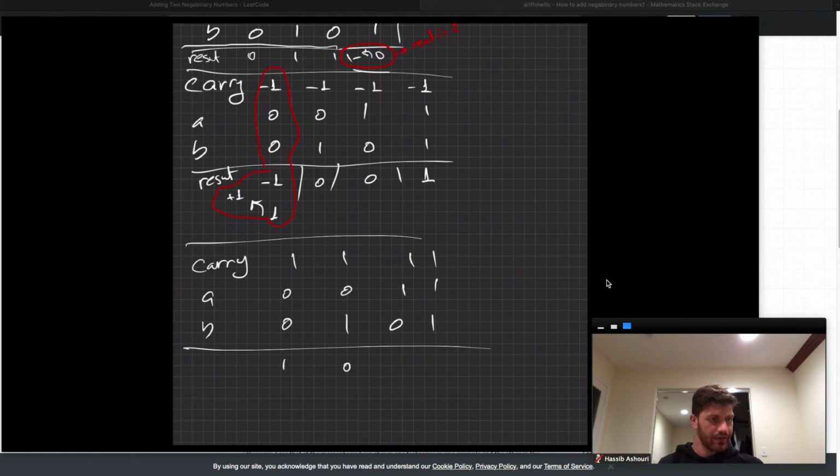We're going to write the 2 as a 0, and I'm going to carry a negative 1. So I want to be able to detect this case, and the result here of the addition is 2. And the same with this one. And okay, so that's an interesting case. Here we get 3. The way we write 3 in negabinary,